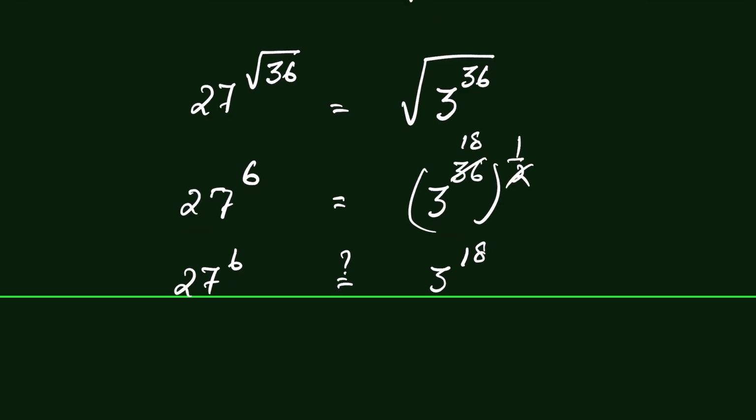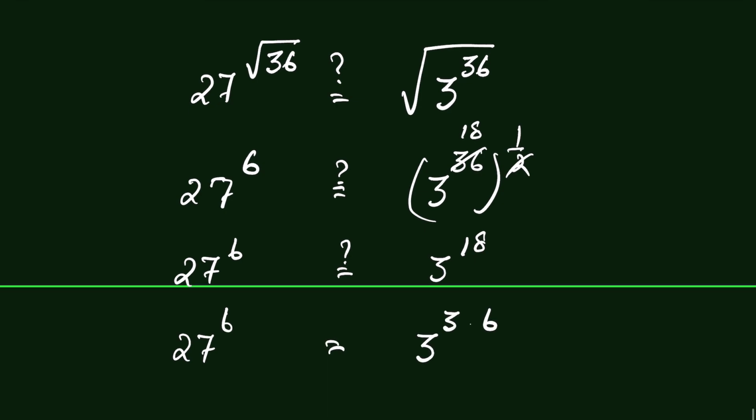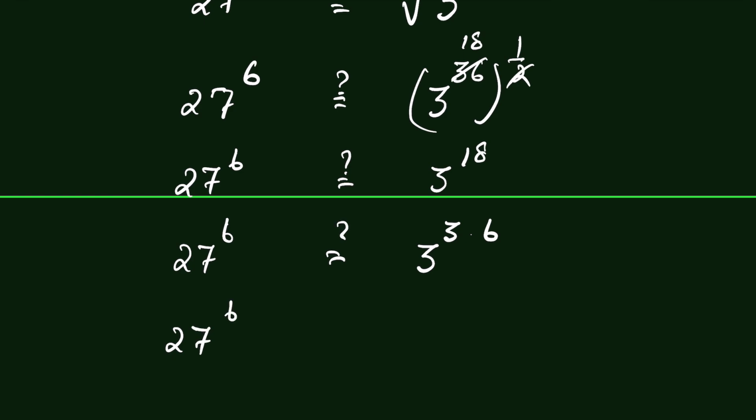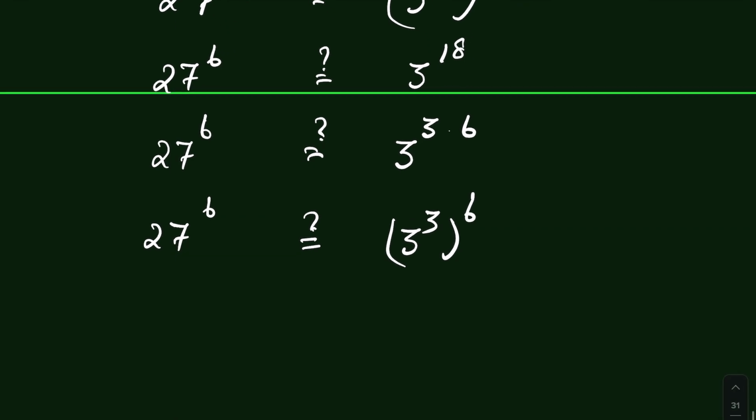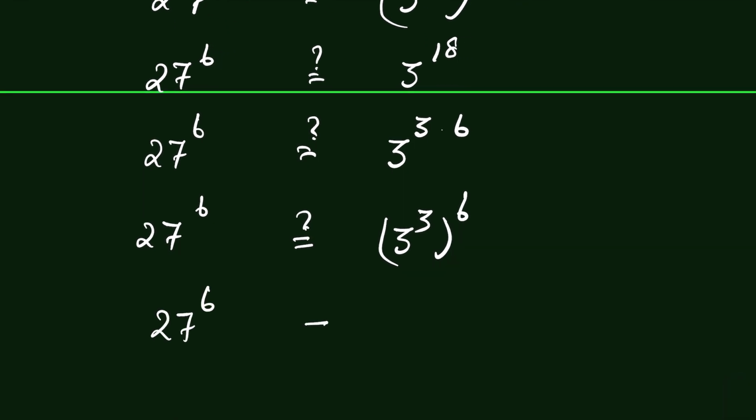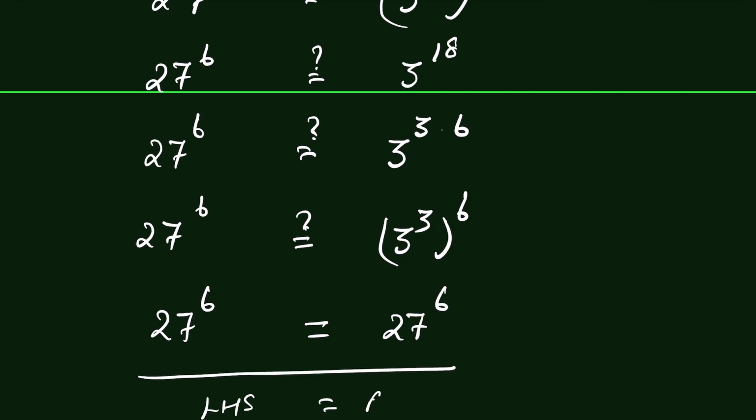We have to check whether LHS is equal to RHS. 27 to the power 6, 3 to the power 18, we can write 3 to the power 3 times 6, or 27 to the power 6. This we can write 3 to the power 3 whole to the power 6, or 27 to the power 6 is equal to 3 to the power 3, which is 27 to the power 6. So LHS is equal to RHS. Therefore, x is equal to